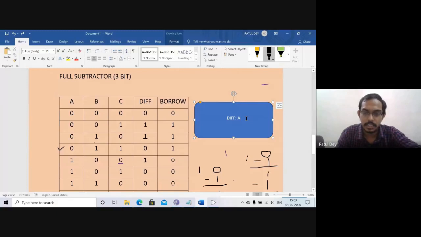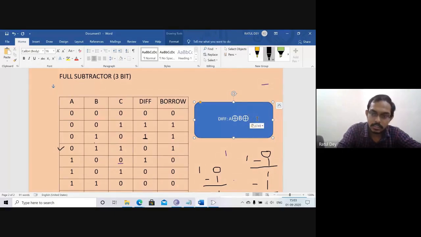And A XOR B XOR C. So this is the expression for the difference.